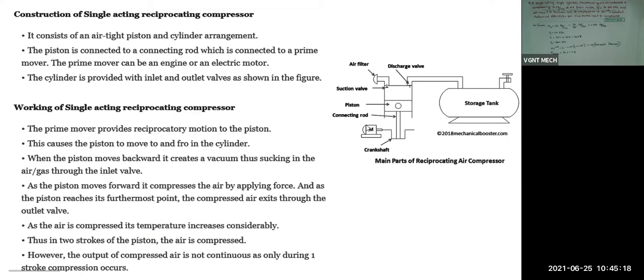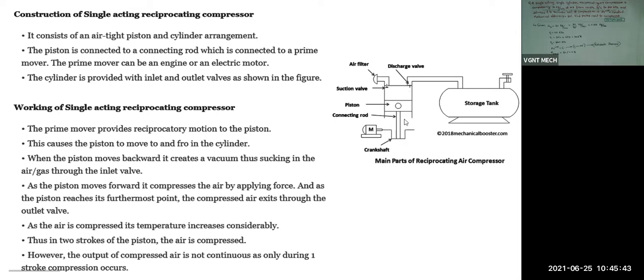When this motor rotates, the crankshaft will rotate. And when the crankshaft rotates, only then will the piston move up and down. So the input to this engine will be given by the motor, and this motor is connected with the crankshaft. So input to this engine is given by the motor to the crankshaft. And from the crankshaft, we are not getting indicated power. From the crankshaft, we are getting brake power.